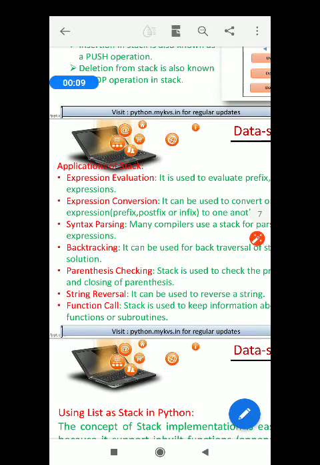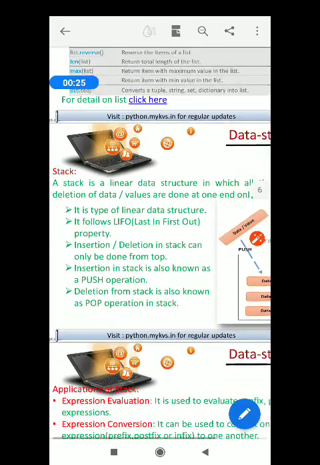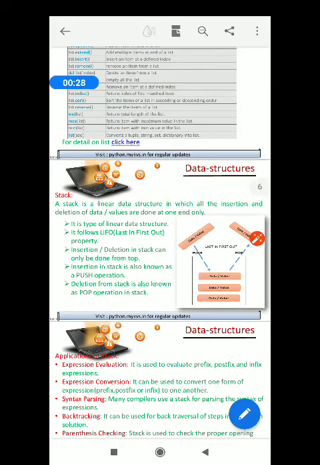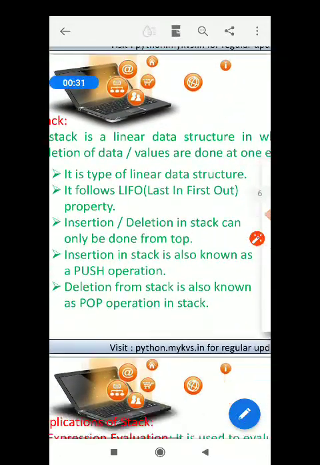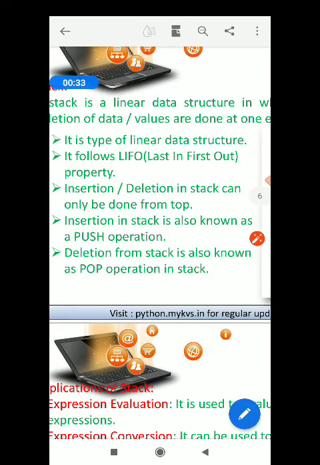So, today I would continue the data structure part. Last day we have seen the stack data structure. I'm just revising that portion. Stack is actually a last in, first out data structure. And as you all know, stack is used for storing data in a last in first out manner. That means the lastly entered data will be deleted first.